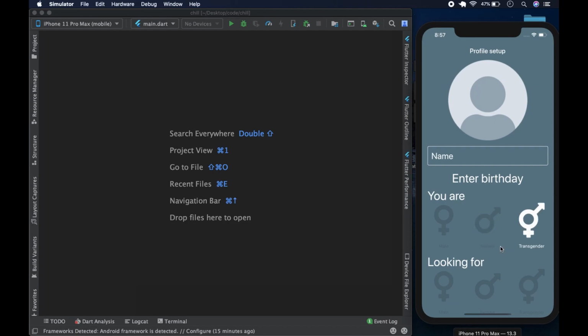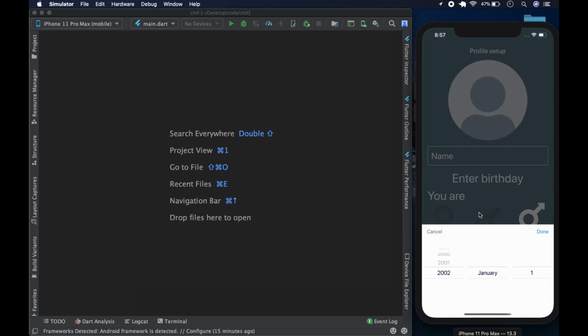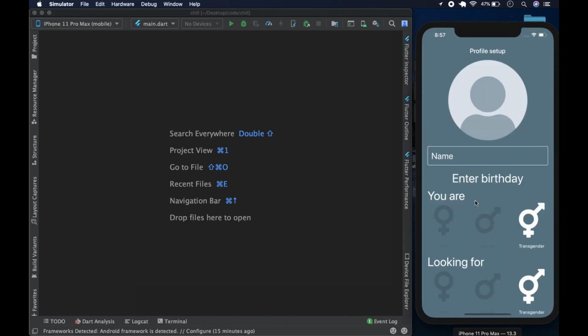We need the geolocator, which tells us exactly where we are, so it can tell us our location. We need a file picker so that we can pick files, and we also need a date picker so that you can get this slide-in date, right? So those are the things that we need, and we are going to get them first, and then we start